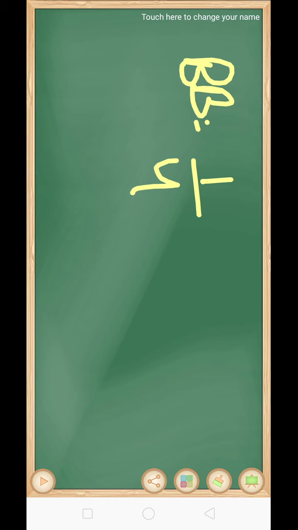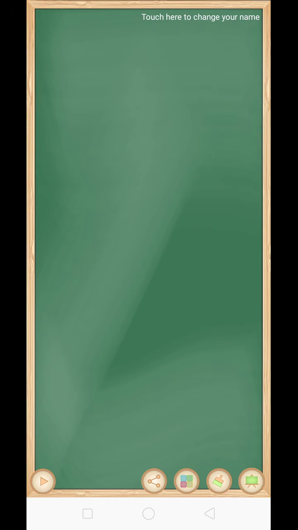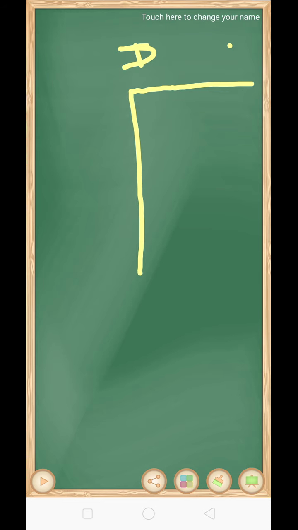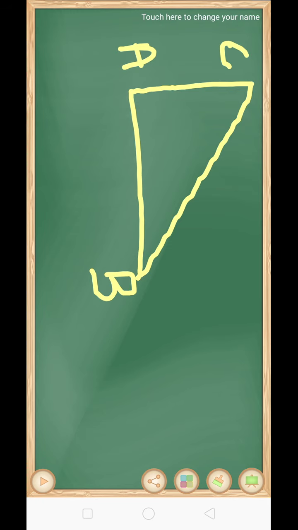Now we will practice some questions on trigo. As we know, we need to learn all the properties of trigo, that come from our 11th and 12th syllabus. So first, a person is standing at point A, the pole is at point B. This is point C. The angle of depression is 45 degrees.